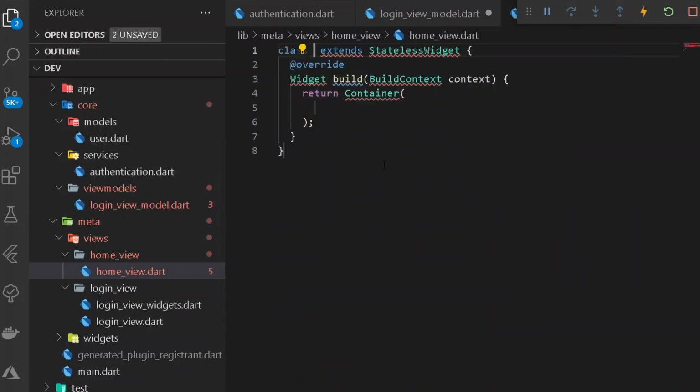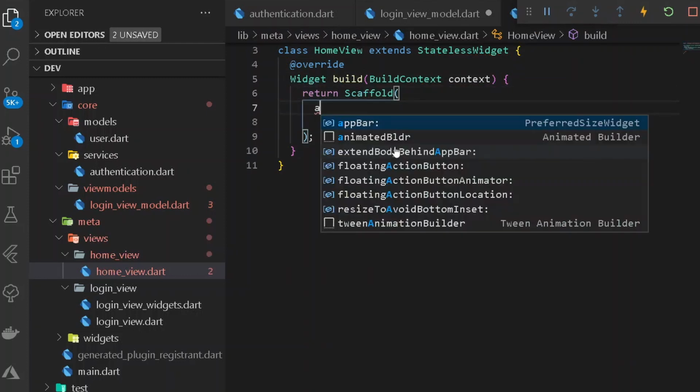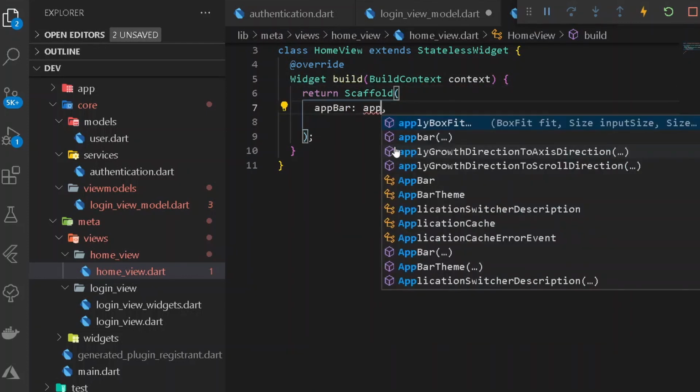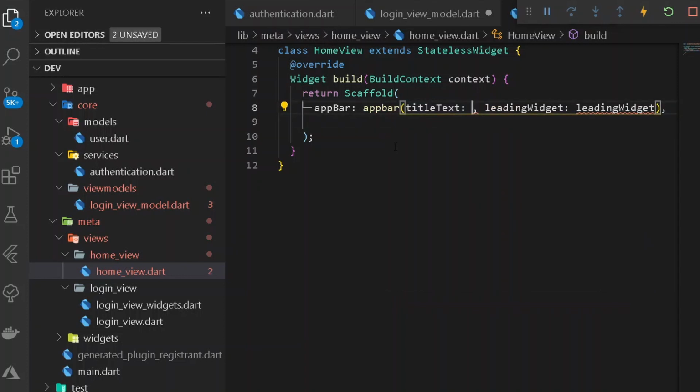Here let's create a new stateless widget for a home view, and here let's have a new Scaffold. Under our Scaffold let's have a new AppBar, and under title Text I can simply say Home View for now.